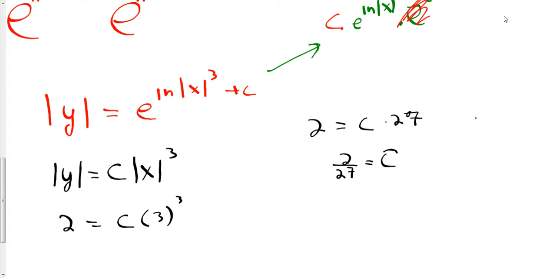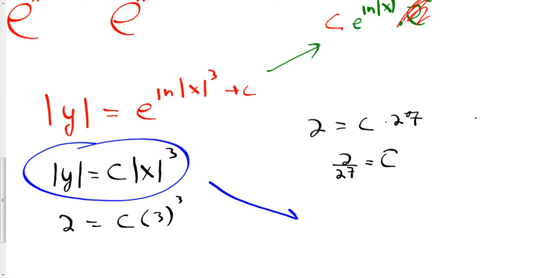Okay, so here's where things get kind of weird. Right about here, we see this. And we know that the y, in this case, is positive. So if we're just analyzing signs, we have positive equals, right? And then we have our c, which we don't know what that is. And then we have our x cubed, okay? And the problem is if our c comes out positive,